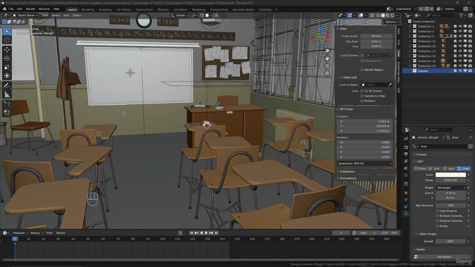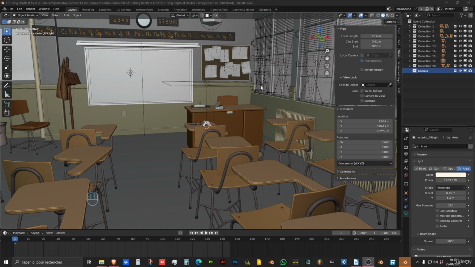In this video, I will show you a very important feature in the camera to have a photographic look. It's using the depth of field. So how to use depth of field? First of all, you need a camera. Here, I did just download